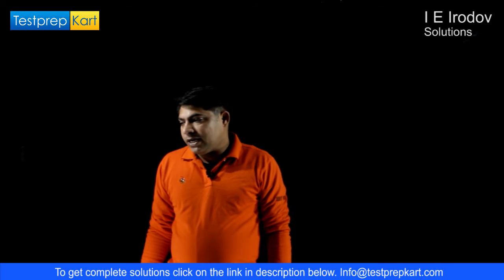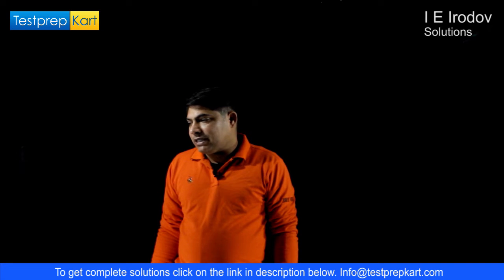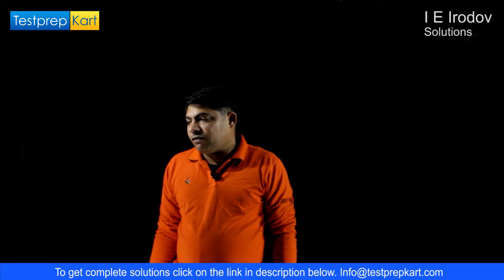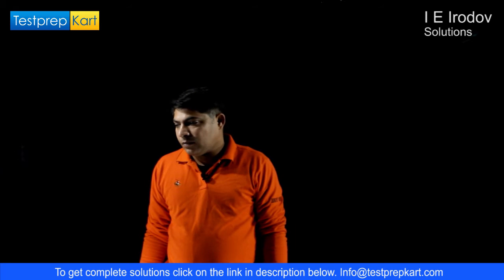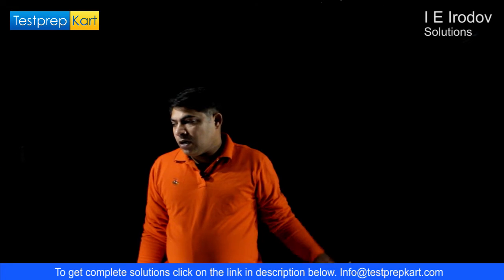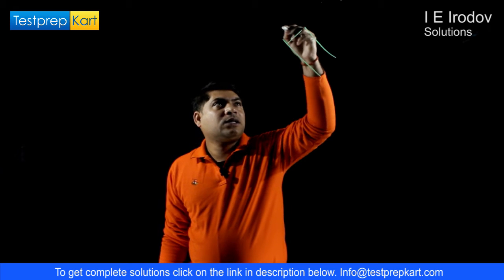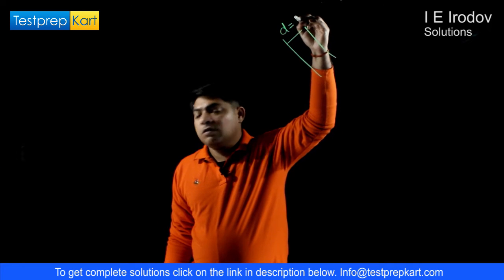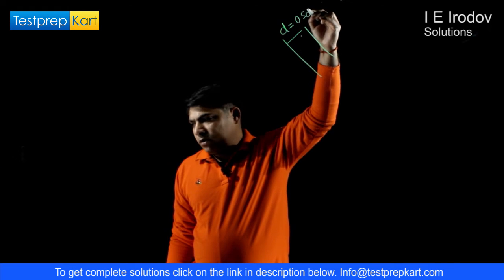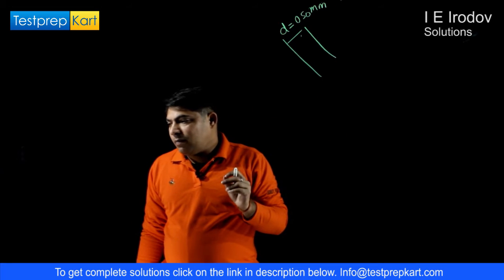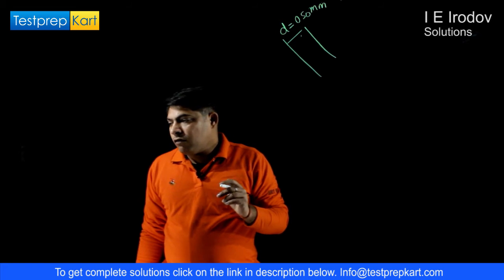A quartz plate cut parallel to the optical axis is placed between two crossed Nicol prisms. The angle between the principal direction of the Nicol prisms and the plate is equal to 45 degrees. The thickness of the plate D is given as 0.50 millimeter. At what wavelength in the interval from lambda